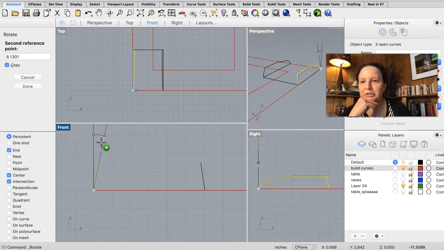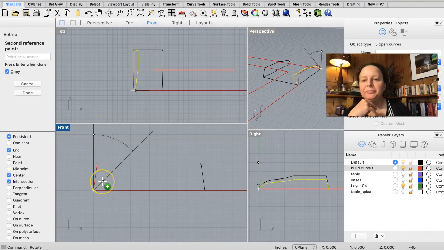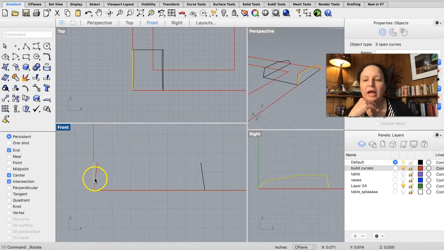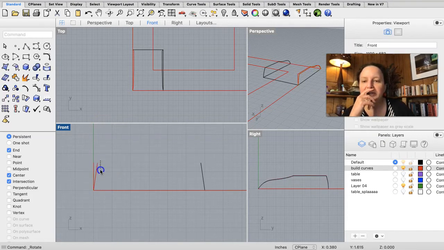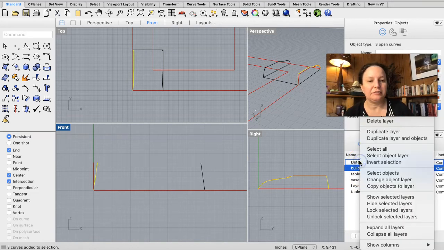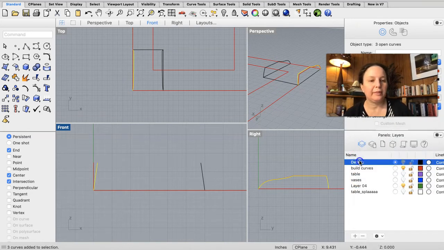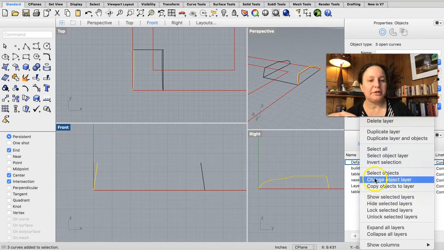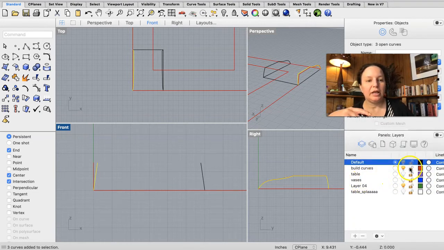One thing that I'm going to do, okay, it's off of, that looks about right. Okay, so the next thing I'm going to want to do is bring these out of that construction curves layer. So I'm going to put them back on default because we're using them. And now I'm going to make my build curves